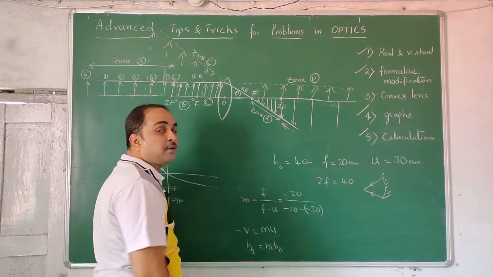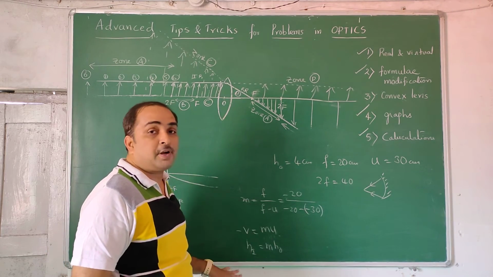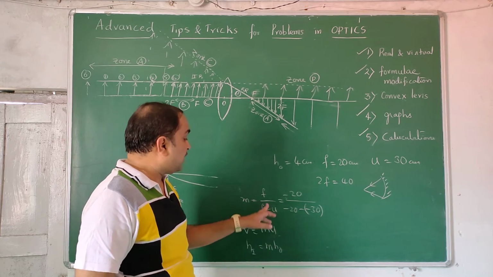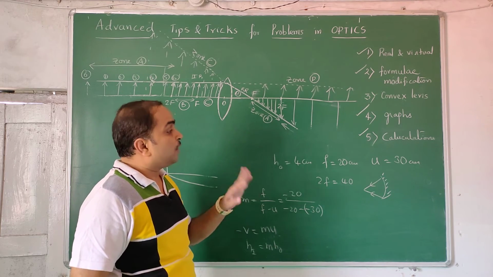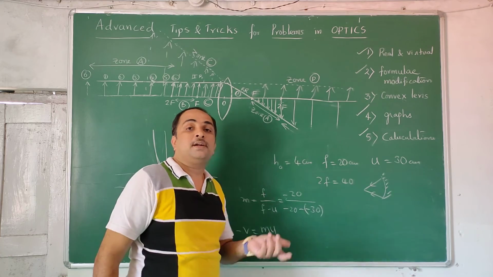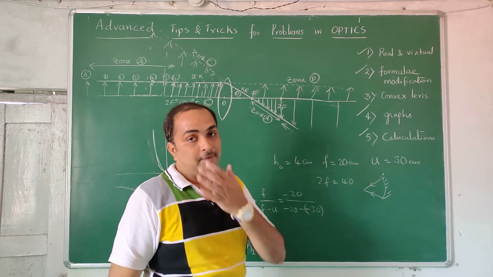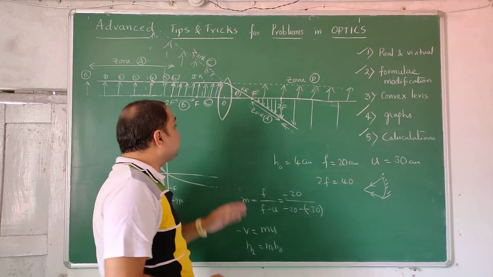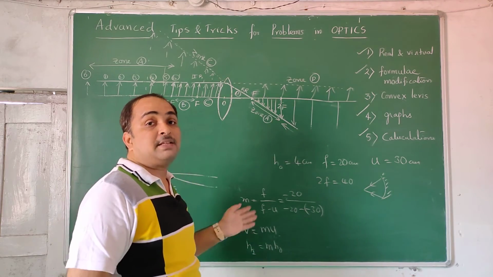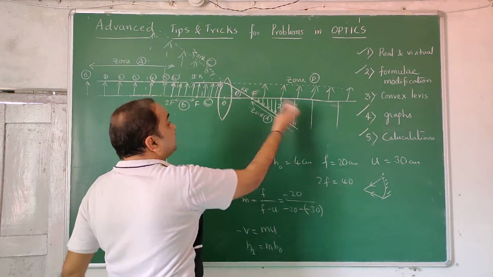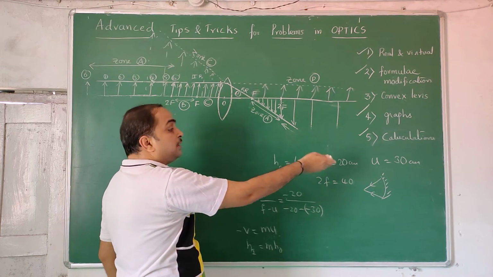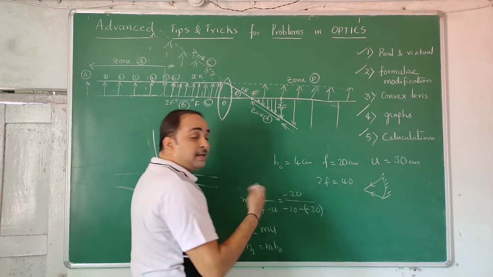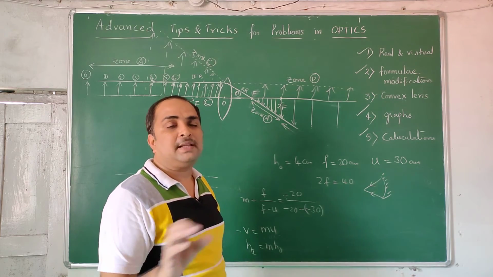Height of the object is given, you take that plus 4. Automatically, if you get a minus value, you can say it is inverted or erect. By seeing the magnification, you can tell whether it is inverted or erect, whether it is diminished or magnified. Real or virtual, you can tell only by seeing the v value. If v comes on the right side or left side, basing on that. For lenses, the right side is real image distance. For mirrors, the left side is real images. All that is anyhow elementary.